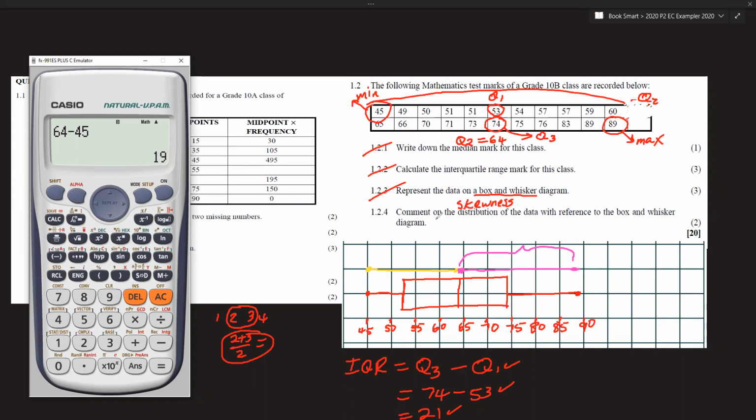So here you're going to say positively skewed. Né? Positively skewed. Or you can say skewed to the right. Né? To the right, because it's longer on your right-hand side. Do you get it? Awesome. And then we're done with